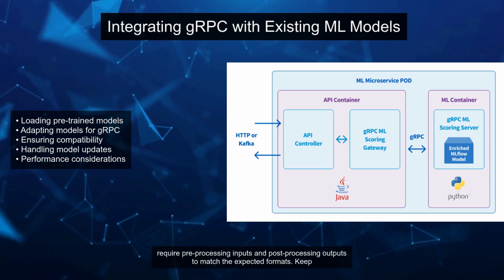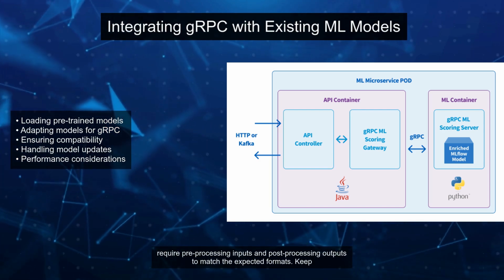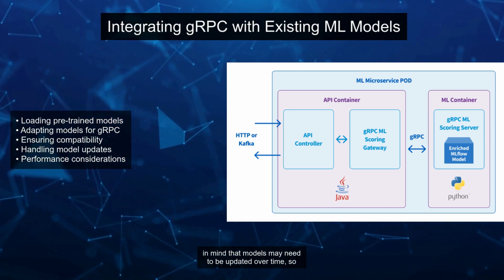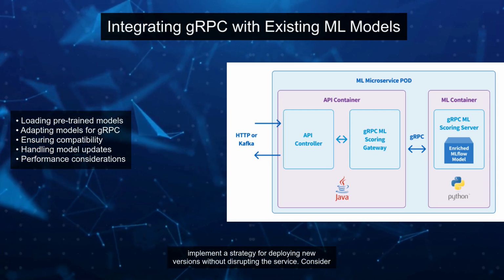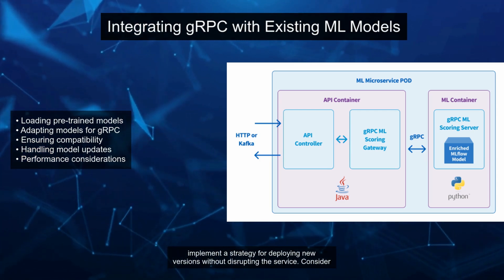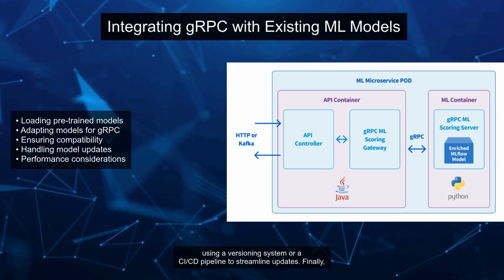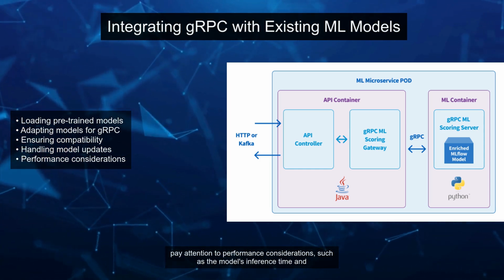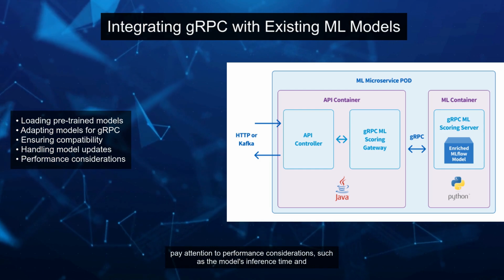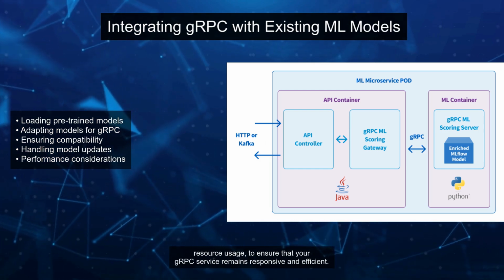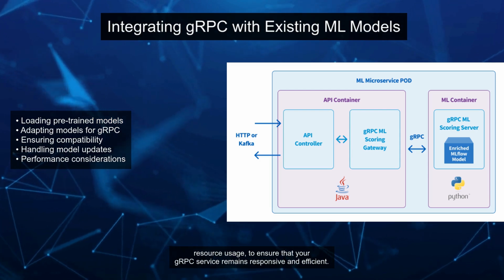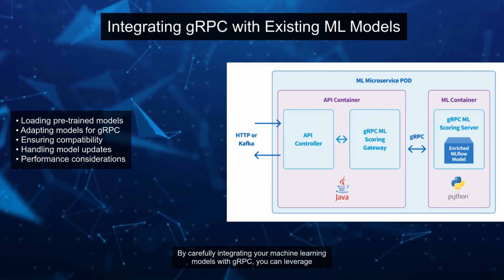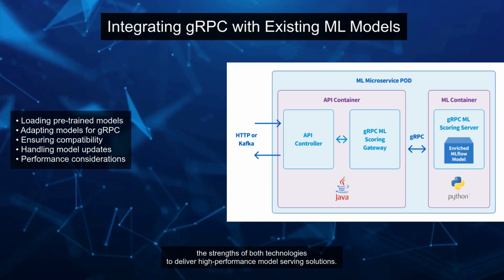This may require pre-processing inputs and post-processing outputs to match the expected formats. Keep in mind that models may need to be updated over time, so implement a strategy for deploying new versions without disrupting the service. Consider using a versioning system or a CI/CD pipeline to streamline updates. Finally, pay attention to performance considerations, such as the model's inference time and resource usage, to ensure that your gRPC service remains responsive and efficient. By carefully integrating your machine learning models with gRPC, you can leverage the strengths of both technologies to deliver high-performance